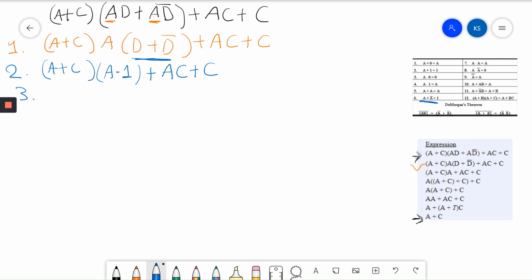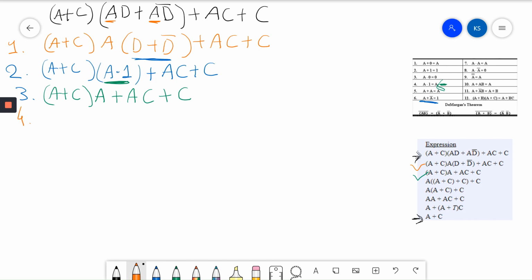For the third step, as we can see over here, a dot 1. So let's check for the rule that a dot 1. Okay, here it is. A dot 1 means the output would be a. So my third step would be a plus c. My a dot 1 will be my a, then plus ac, then plus c. Okay, so now this step has been completed, right? We got this step. Now after this,